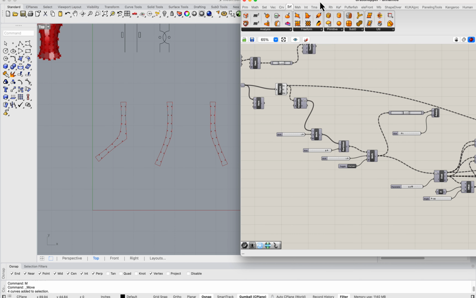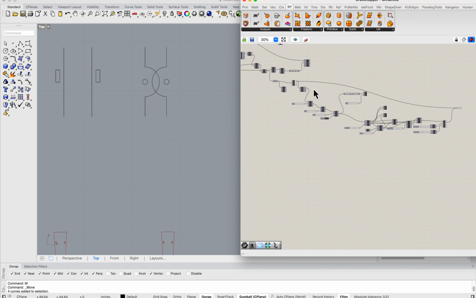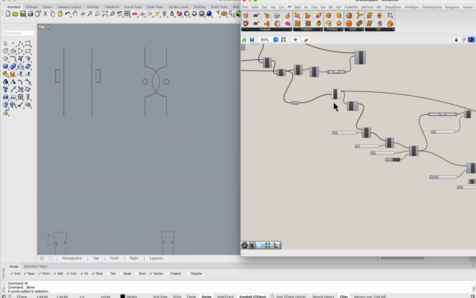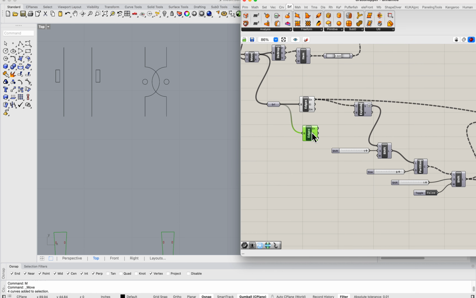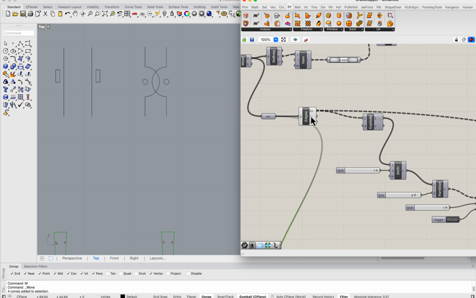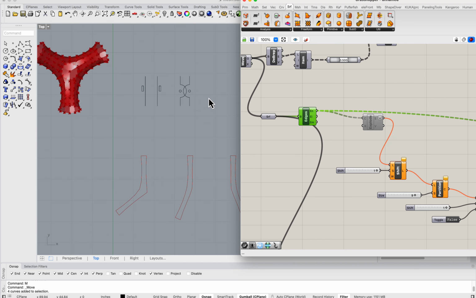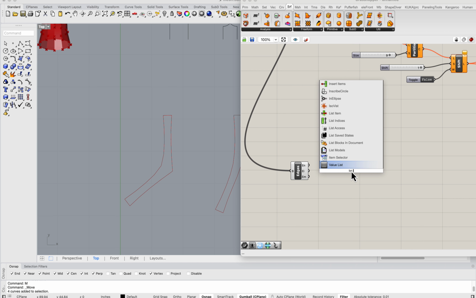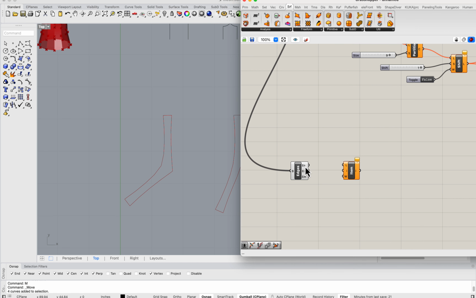Now let me show you the other version, just in case you want to explore this sort of edge construction. So again, we're going to start with the edges. So I'll just disable this part so it's not running. And then we will do list item. Just grab the first,